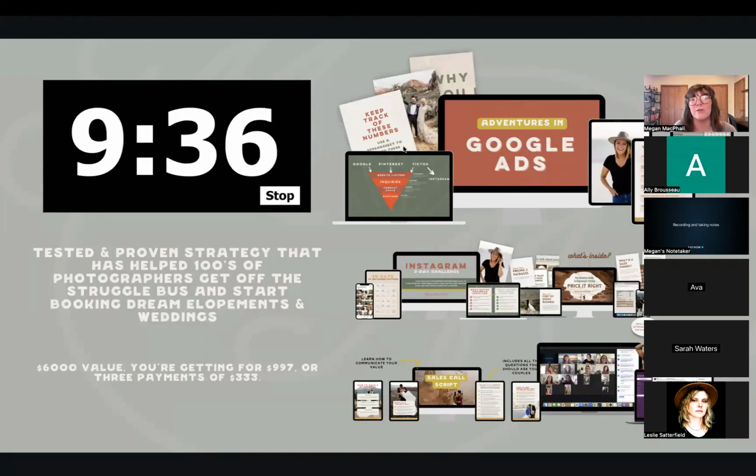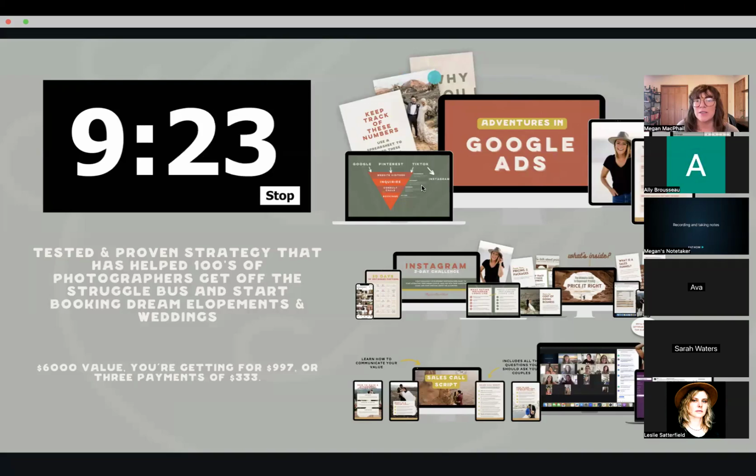What about cinematographers? That is a great question. Absolutely, if you are targeting something very specific, like a wedding videographer in Denver, the only people who are going to see your ad and click on it, and then be charged that dollar, are the people actively searching for videographers, filmmakers, cinematographers, all that kind of stuff.